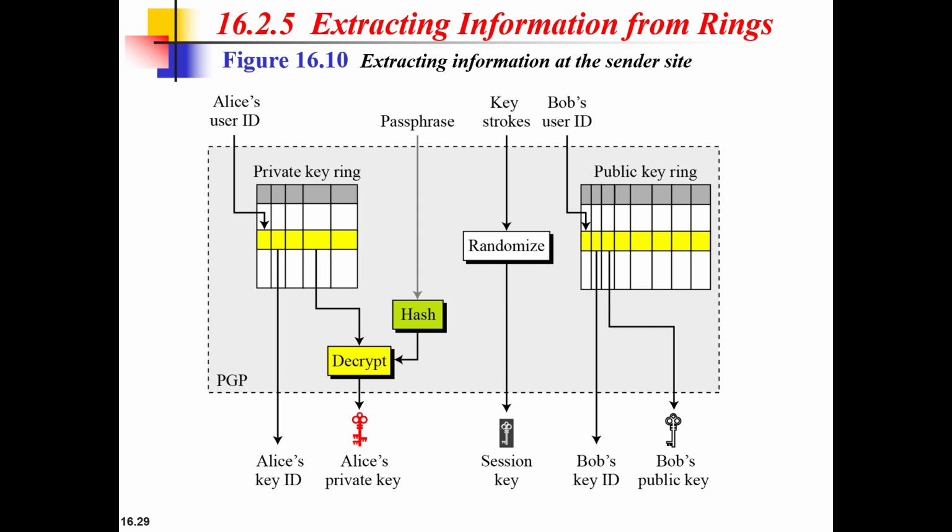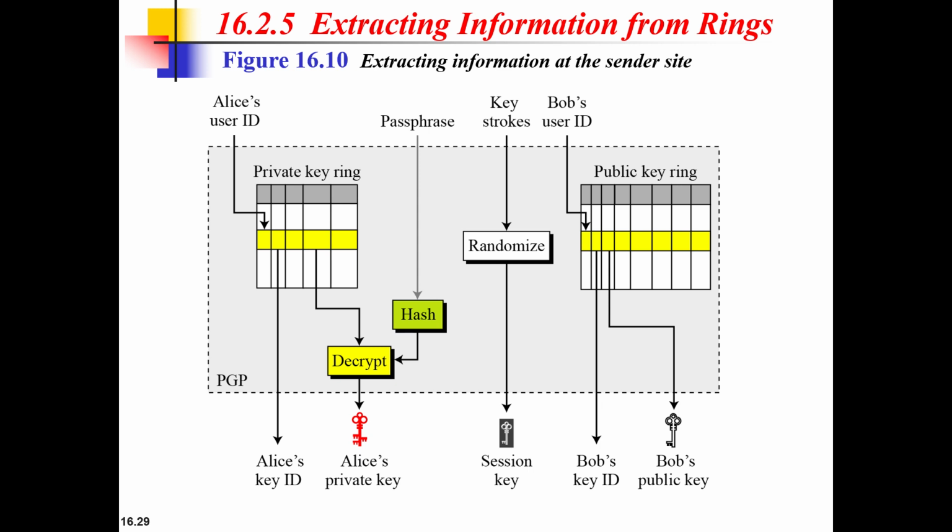Alice also needs a secret session key. The session key in PGP is a random number with a size defined in the encryption-decryption algorithm. PGP uses a random number generator to create a random session key. The seed is a set of arbitrary keystrokes typed by Alice on a keyboard. Each keystroke is converted to 8 bits and each pause between the keystrokes is converted to 32 bits. The combination goes through a complex random number generator to create a very reliable random number as the session key. Note that the session key in PGP is a one-time random key and used only once.